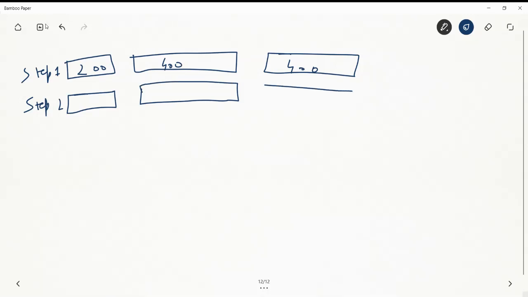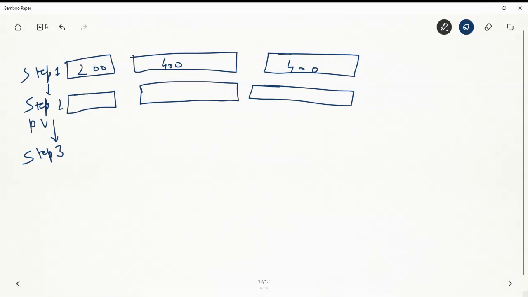The first step was to create partitions. The second step was to convert them into physical volumes. After converting them into physical volumes, the third step is to create a volume group. What do we mean by a volume group? We group these partitions together.